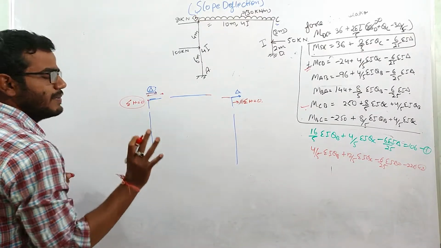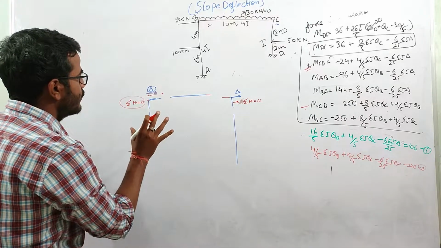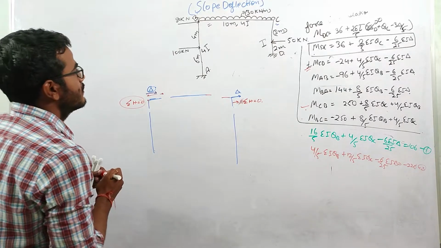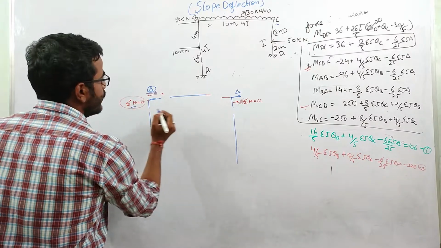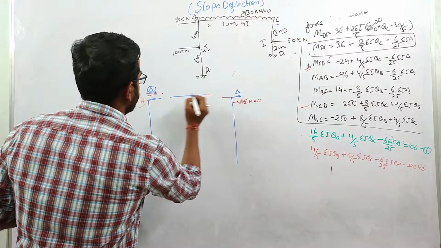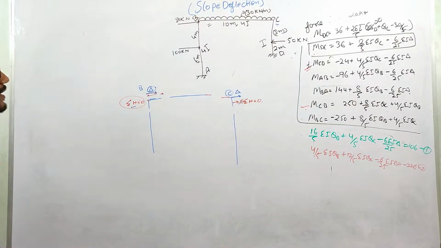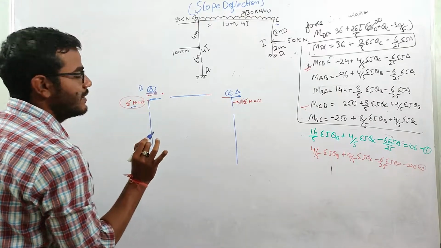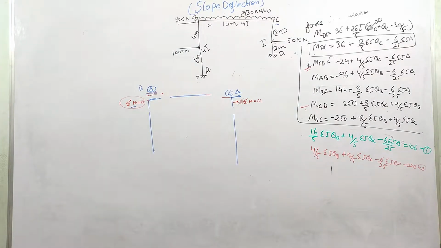This is basically what you can say that the free body diagram will show how the forces are generating on this beam. So we'll draw the free body diagram first and write the equation for each joint, which is summation H equals to 0, and here also summation H equals to 0. This is basically B and this is basically C. Why horizontal force? Because we are considering delta over here, and delta is in horizontal direction. That's why we are taking summation H equals to 0.